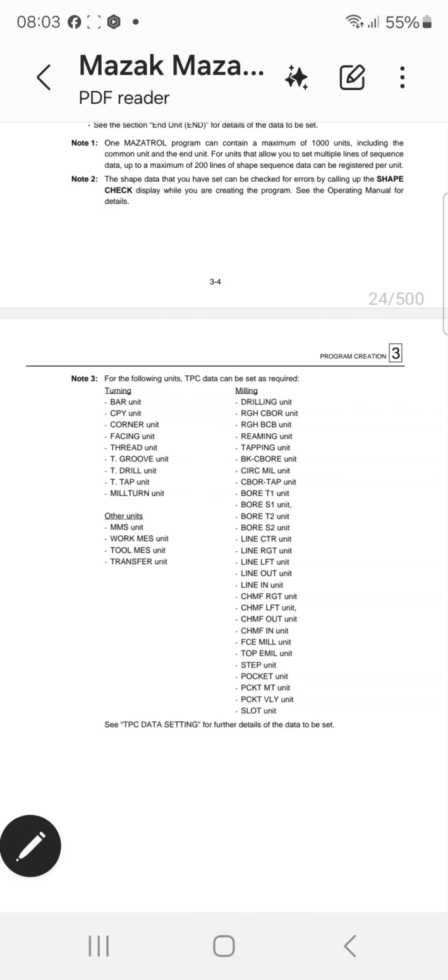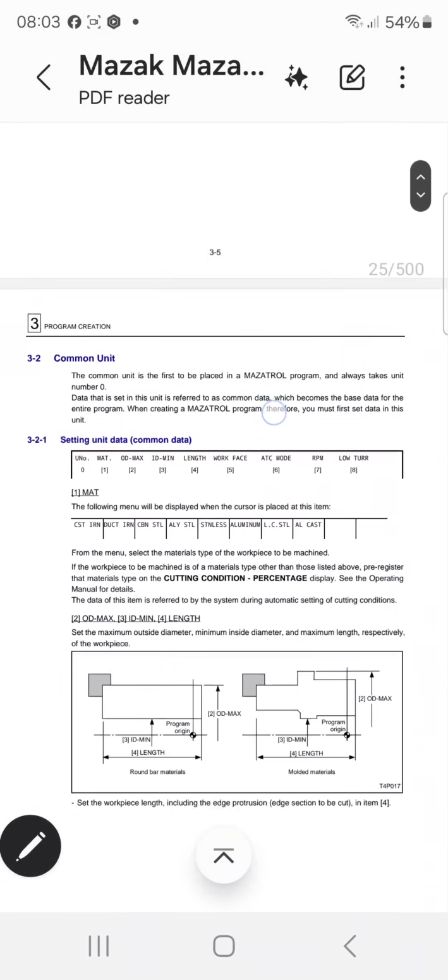turning bar unit, the pin CPY unit, the pin corner unit, the pin facing unit, the pin spreading unit, the pin T groove unit, the pin drill unit, the pin top unit, the pin mill turn unit, another unit, the pin MMS unit, work mesh unit, tool mesh unit, transfer. The pin drill, you see this one. Then I mention